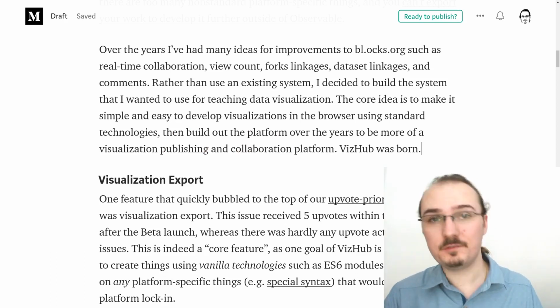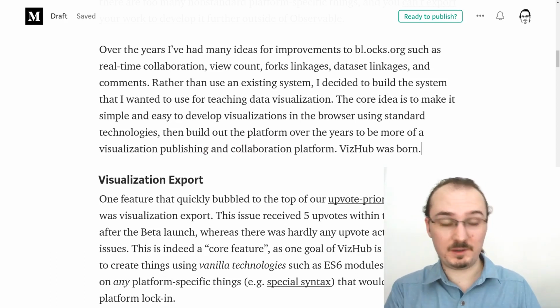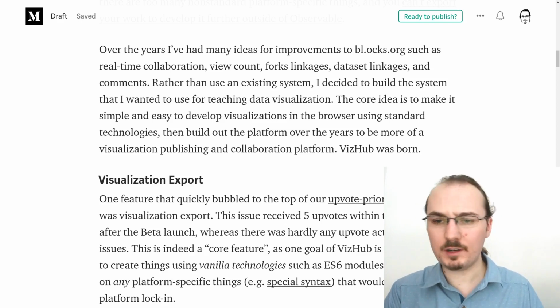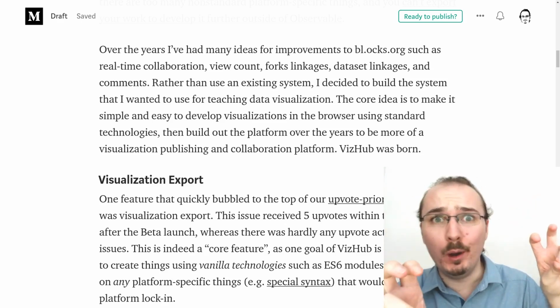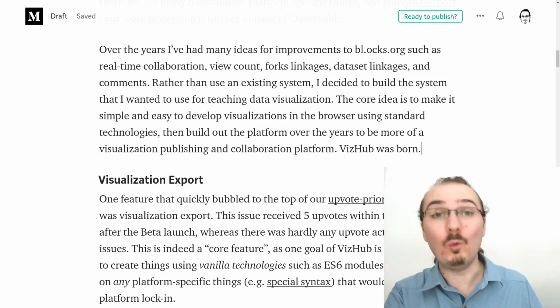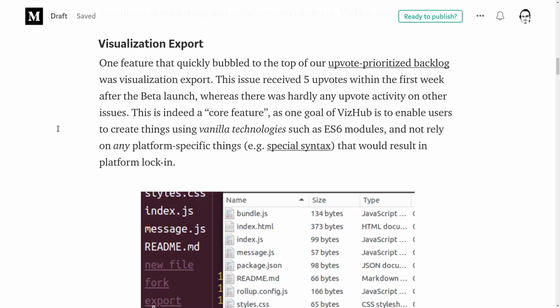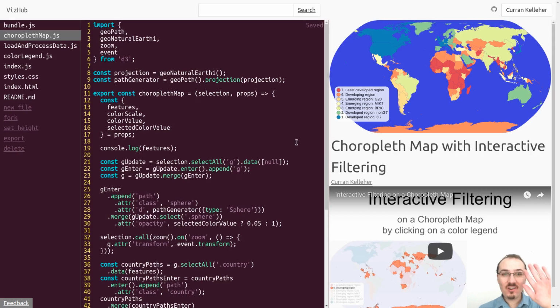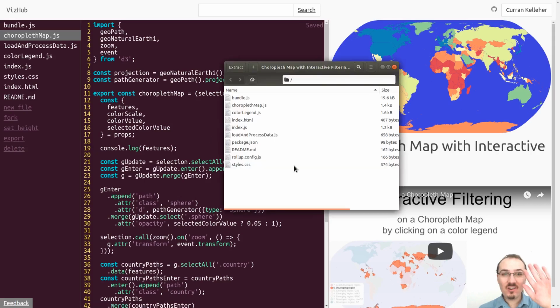Now that it's been used for some time by the students, and it's been pretty successful, I'm marking it as 1.0. So I'm going to go through some of the 1.0 features. Visualization export is now working. If you're in VizHub and you click on export right here, it downloads a zip file that has all of your files, but also a package.json, a rollup.config.js, and also your bundle.js that was built by VizHub,